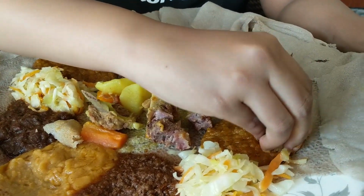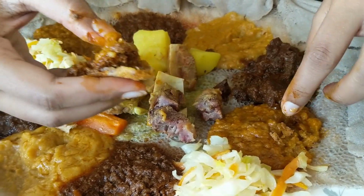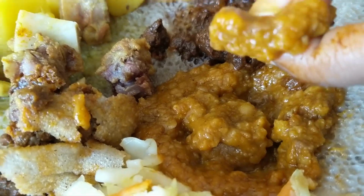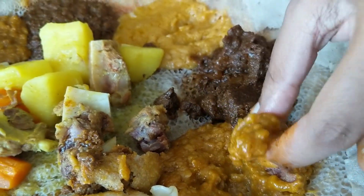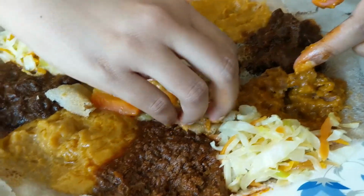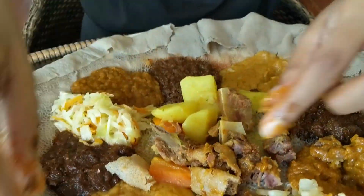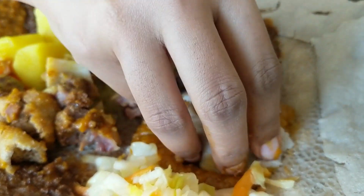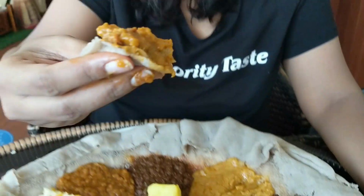And I'm going to try the lentils as well together. Oh wow, there's meat in the lentils. Look, there's meat even in the lentils. Wow. Okay, I'm going to try only the lentil and the dal. Oh my god, you guys. That is absolutely delicious. It's just wholesome and really...